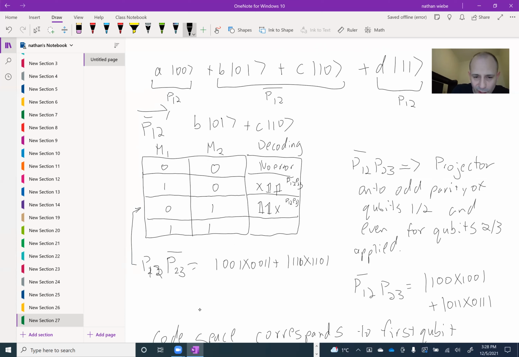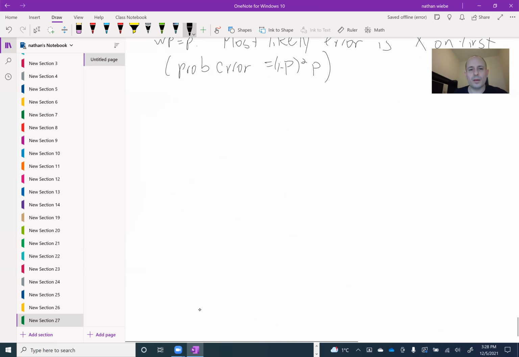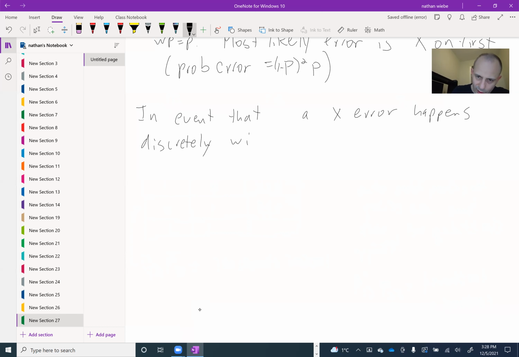And similarly, this case down here, going through the exact same thing, will correspond to an error on both of them, or the other two flip. And so the maximum likelihood decoder will say, oh, okay, well, the most likely solution is that the middle one is down. And so this gives us a way of decoding the error. And in the event that an X error happens discretely on a qubit,